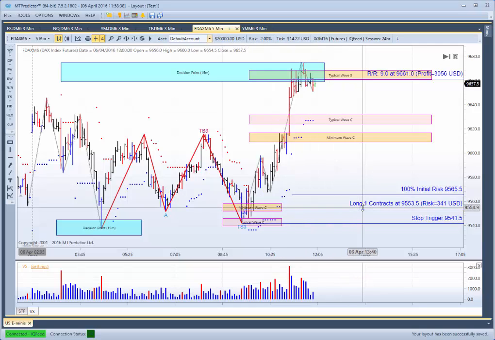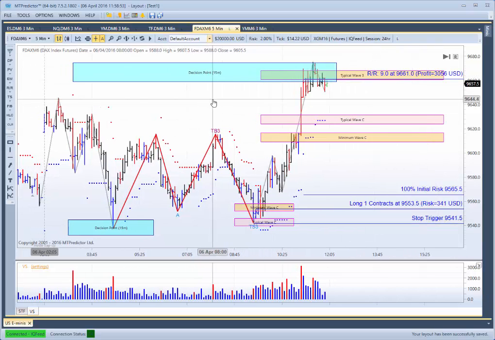That would mean going long one contract. The initial risk would be about 340 US dollars, and as the market went up, the profit would have been just over $3,000. So in other words, 9 times greater than the initial risk. So an absolutely brilliant example of an MTPredictor Holy Grail trade setup, and all set up because we went to